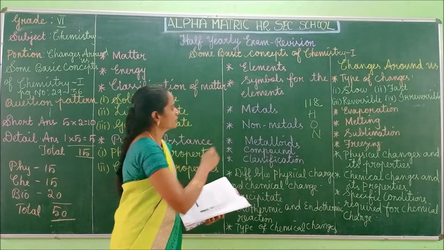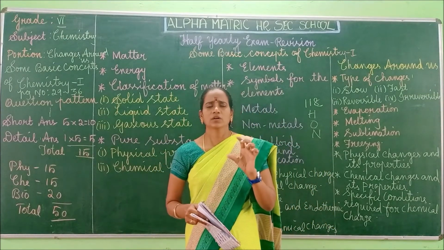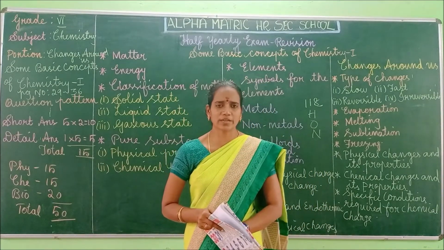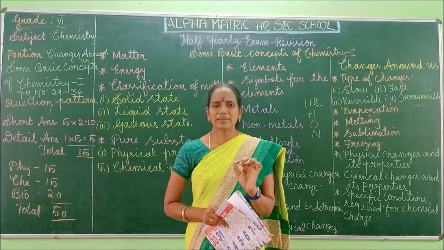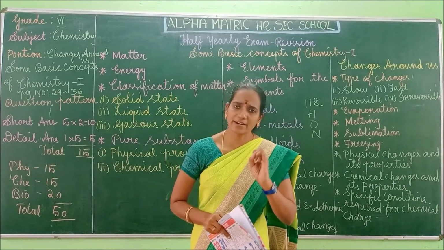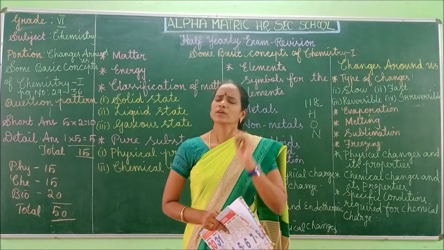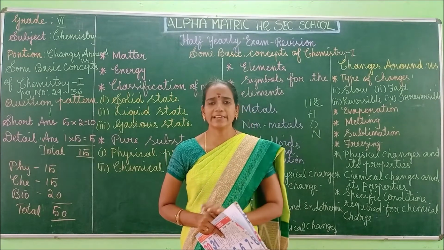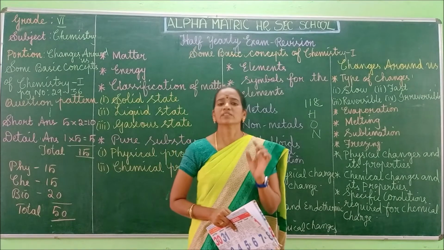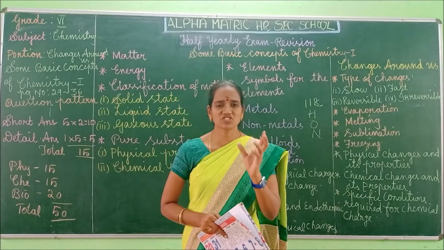Next, come to the metals. So what do you mean by metals? First of all, you should write a minimum of 5 or 6 points about metals. What are the points we can write? Metals are generally solids under normal conditions of temperature and pressure. Metals are very hard in nature. Most metals are shiny in nature. The typical shine of the metal is called luster, the lustrous property. Luster means it is nothing but shiny.